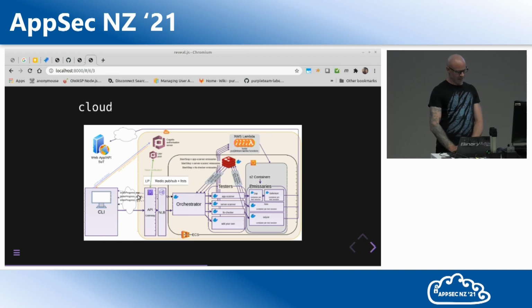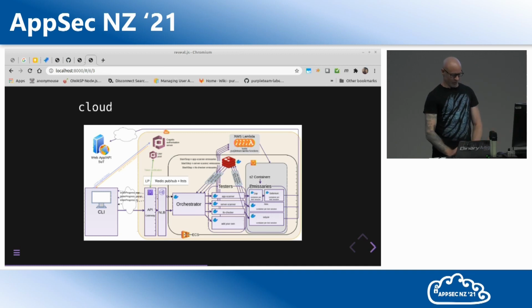So we could have used the API gateway WebSockets for bidirectional comms here. But that doesn't support the OAuth client credentials flow, and we'd already done the authentication part of the story before I implemented this in the cloud. This was the last piece, so we're sort of stuck with doing that at the moment, unless we rework a whole lot of stuff, but it works fine as it is.